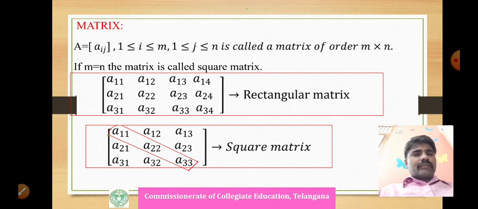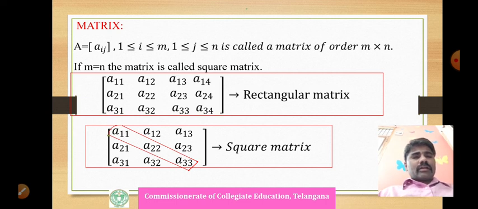The element in the place of A22 has a fixed value, and these elements are real numbers or complex numbers, whatever it is. This is a 3 by 4 matrix, or you can extend this for any order m by n matrix. This is the rectangular array representation of 3 into 4, 12 elements in 3 rows and 4 columns. This is called a matrix of order 3 by 4.